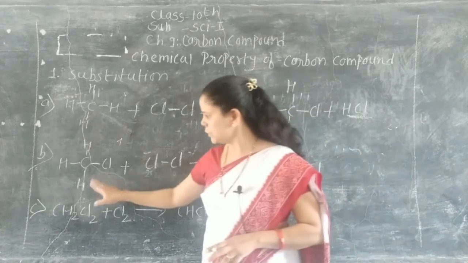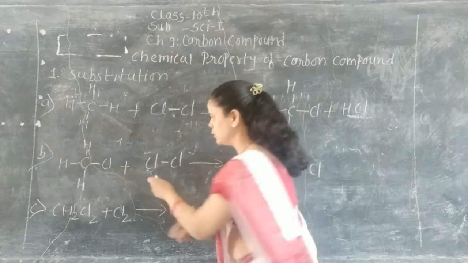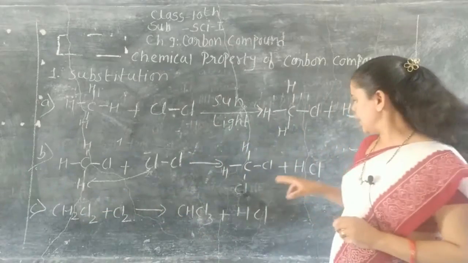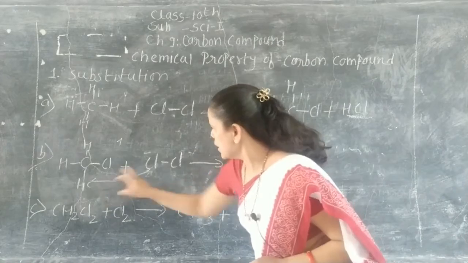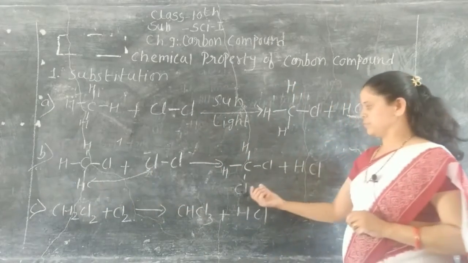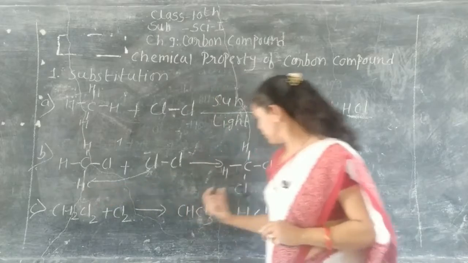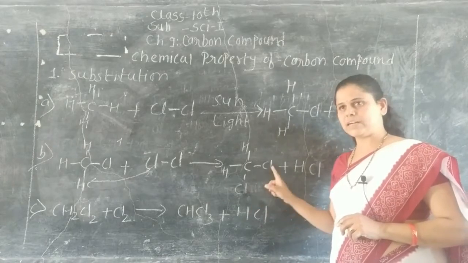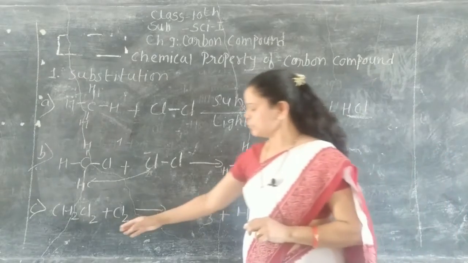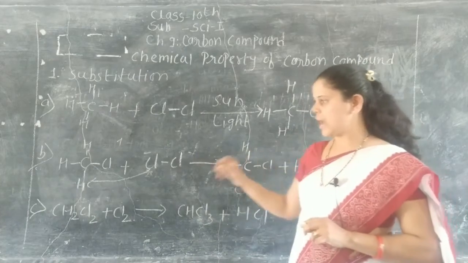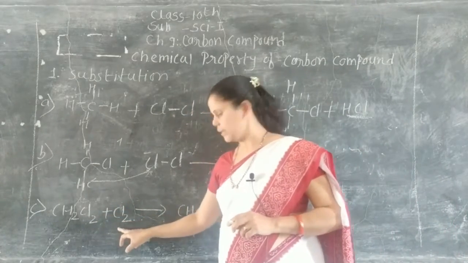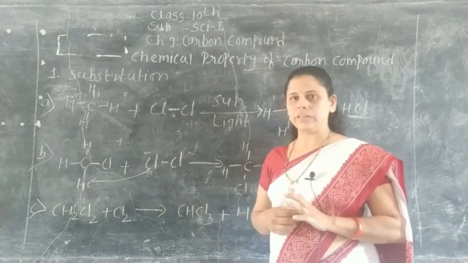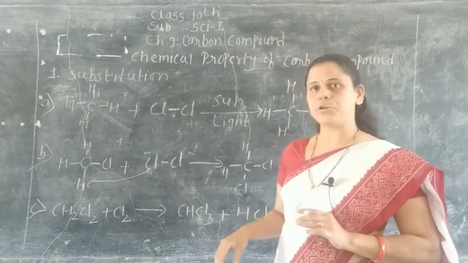Dichloro, because chloromethane reacts with chlorine, again one chlorine. This chlorine substitutes here one hydrogen and forms HCl. Here HCl, and this chlorine substitution takes place. So they produce this compound, and the name of this compound is dichloromethane. In this way we can make the other equations: dichloromethane reacts with chlorine again and forms HCl and CHCl3, and then tetrachloromethane. So this is a substitution reaction.